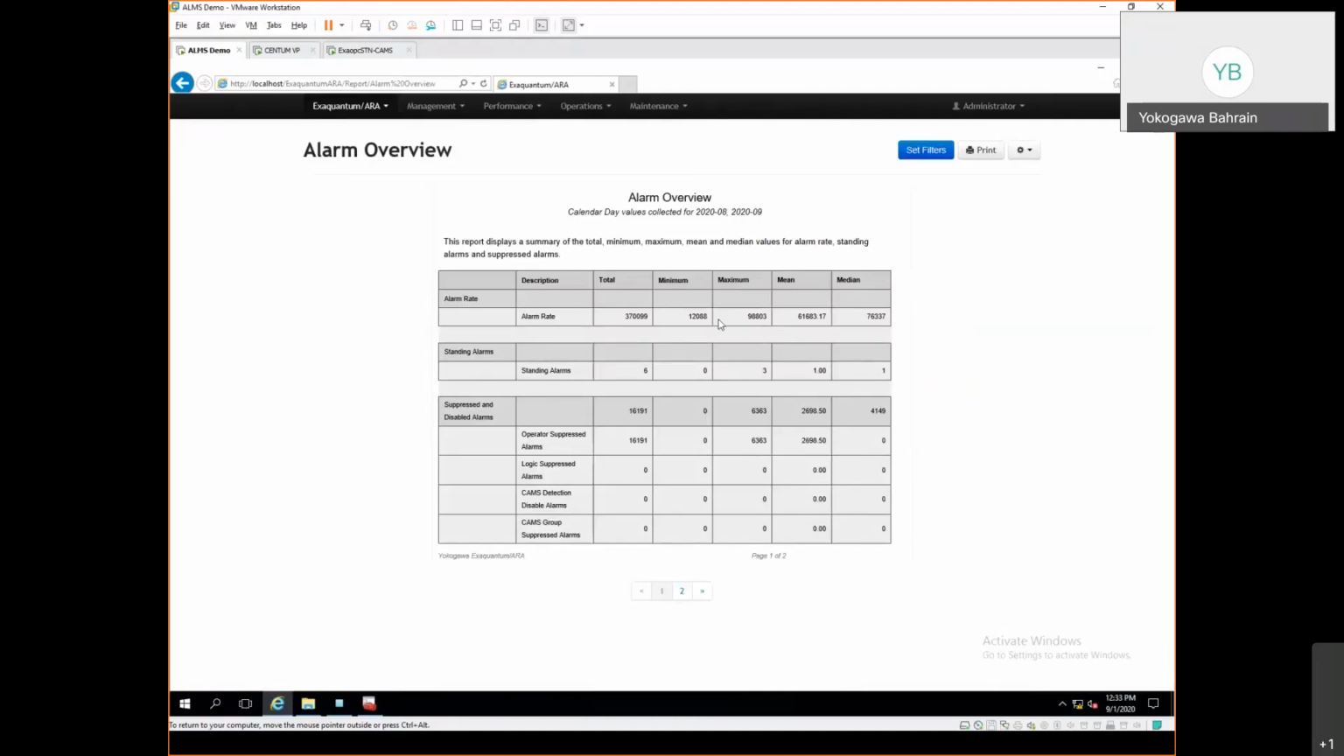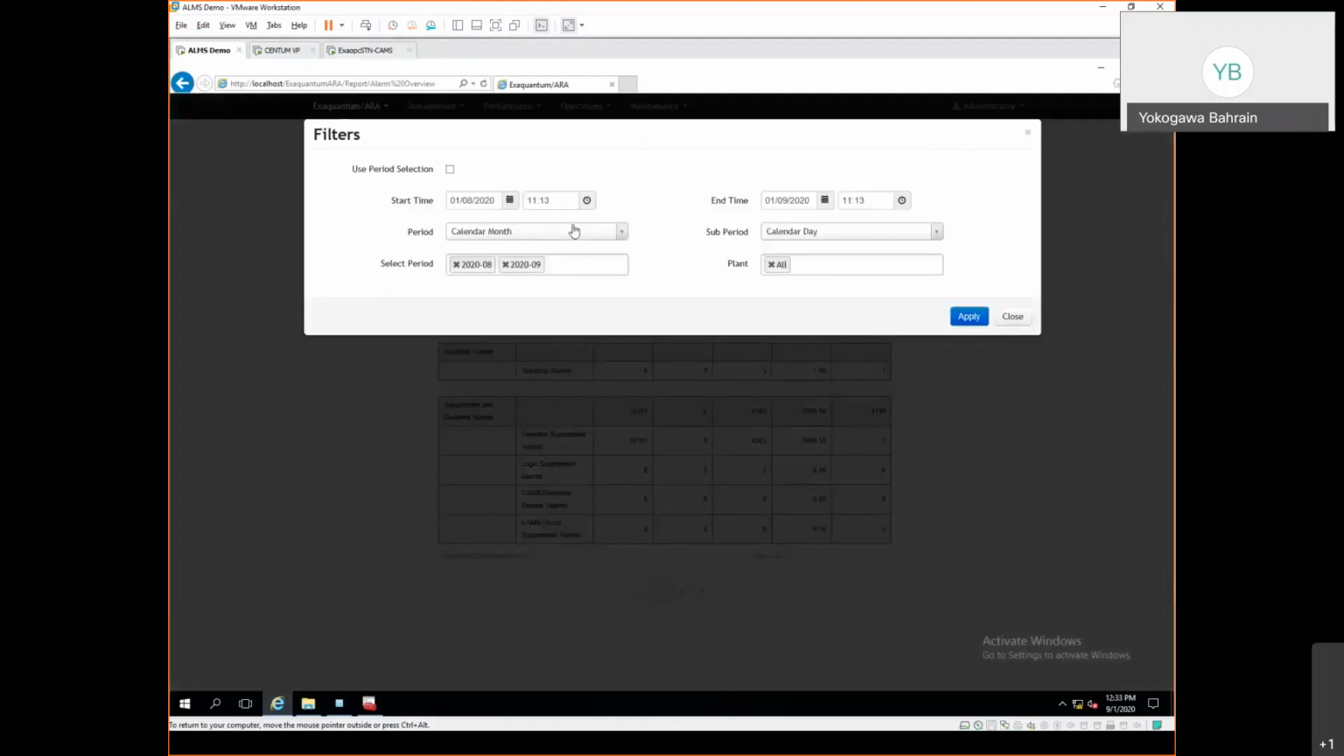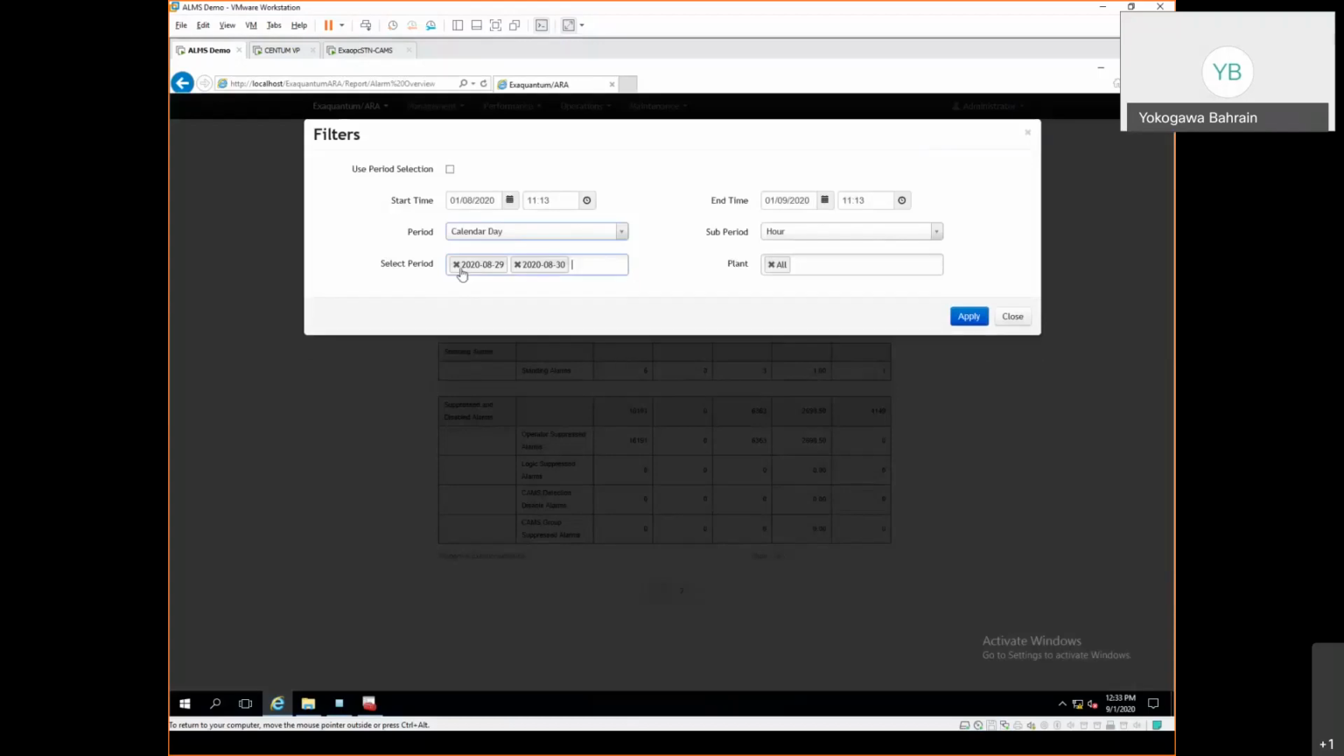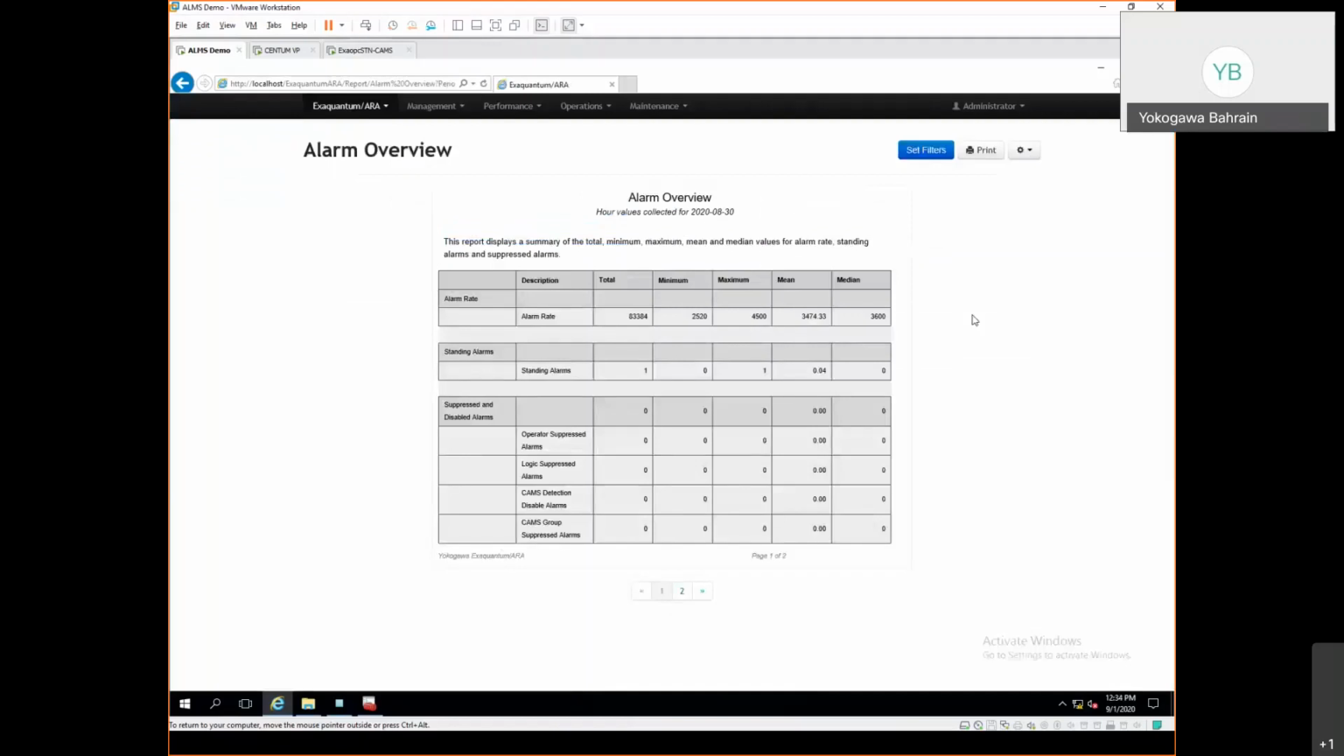In all ARA reports, we can change the type of data we get from the report with the different periods. So here I was just showing a calendar showing the last 2 months, but I can do it for a particular day. So if I go and say day, I can choose, say, the 30th of August. Okay, so there is the alarm report, just the 30th of August,